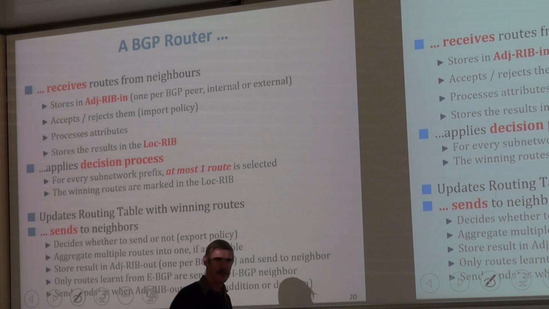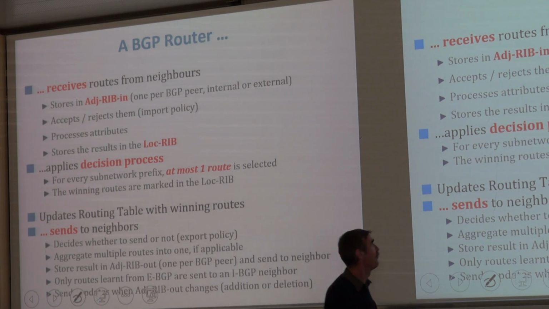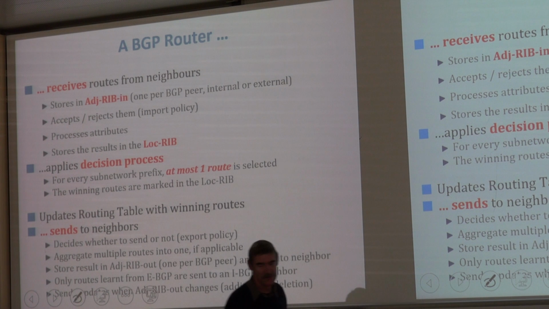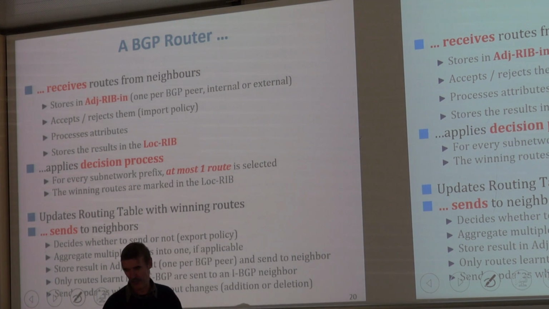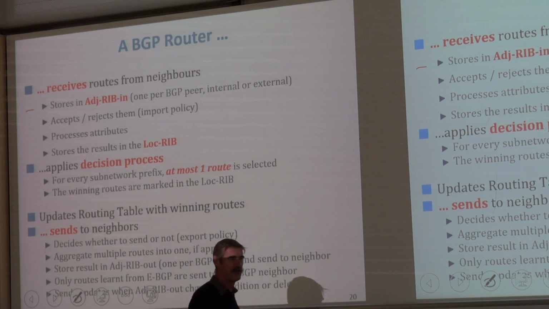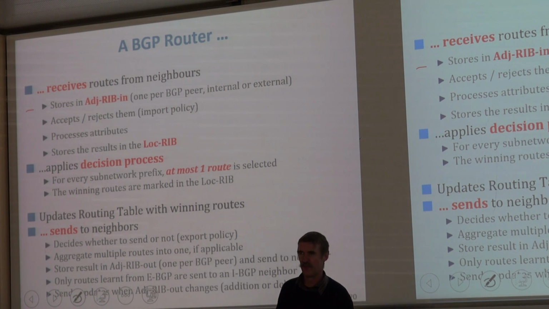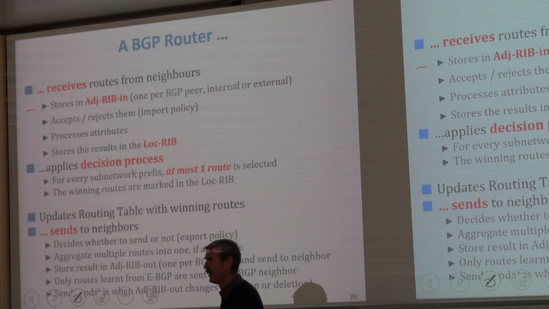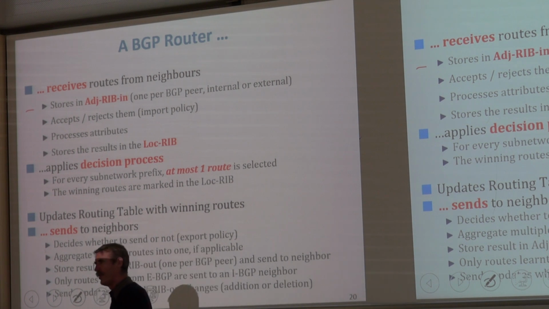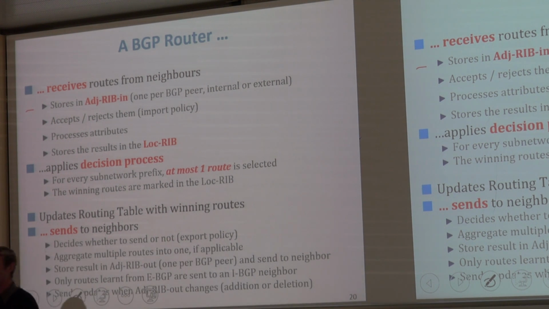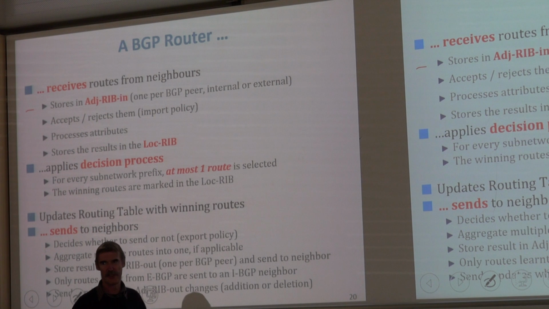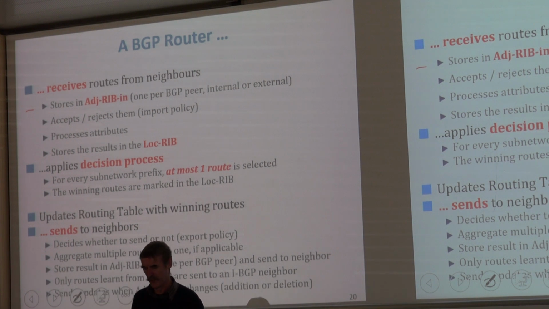Here is what a BGP router does in its life. It receives information from neighbors and stores it in tables that are called database, routing information bases. That's also different from RIP. RIP doesn't really have its own database because RIP manipulates directly the routing table. But BGP has a lot of information that is not yet in the routing table. In particular, there is